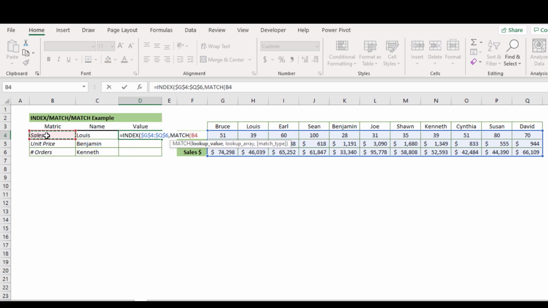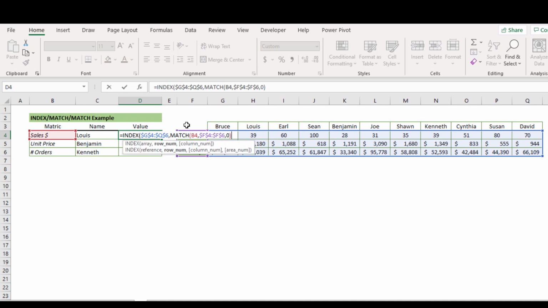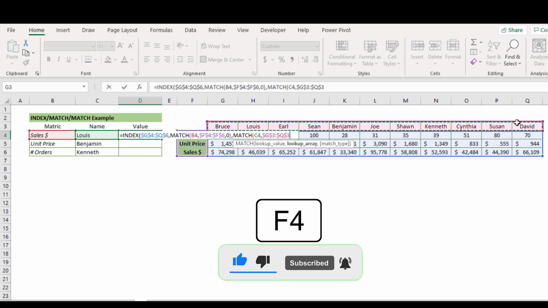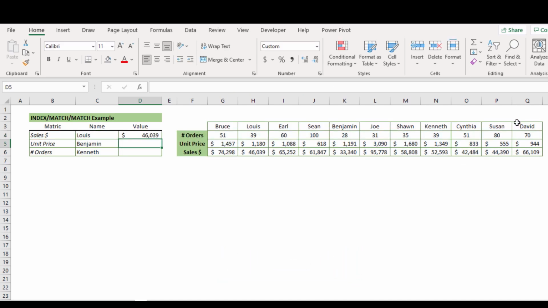So MATCH. The lookup value is cell B4. The lookup array is the cell range F4 to F6. Press the F4 key to lock the range again. For the column argument, again I will use the MATCH function to locate the customer name. Now close the brackets. Then we can copy down the formula for the rest of the matrix values.